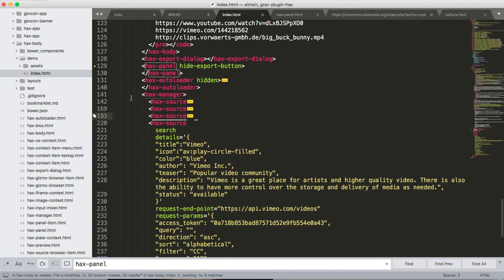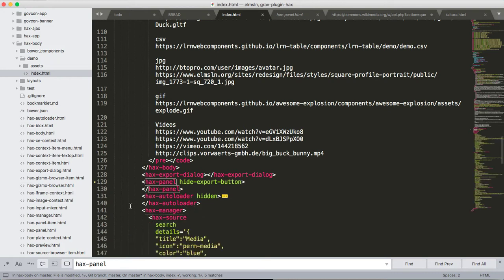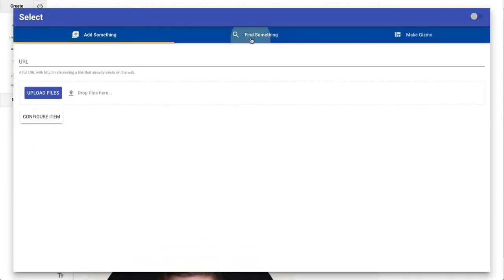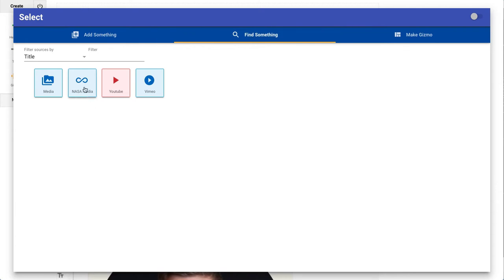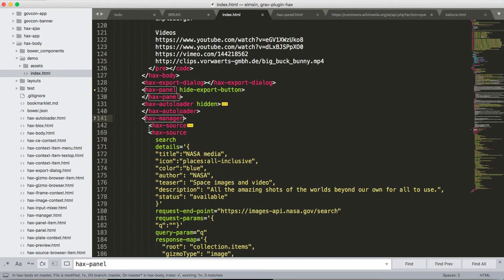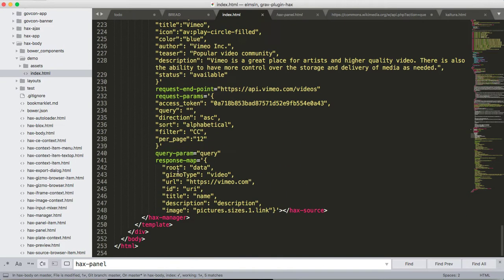So if we look in previous screencasts, we've shown the HAX manager and stepped through adding a source. In fact, I built out a NASA integration. But you could have none of these. In fact, the media one is there as an example. So if I deleted that, and I deleted NASA, and I deleted Vimeo for that matter,